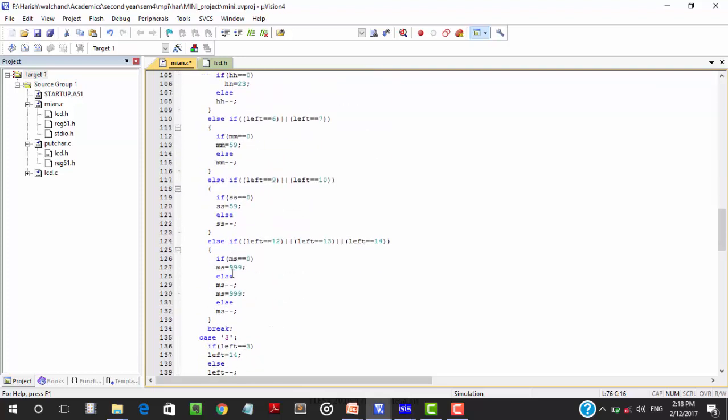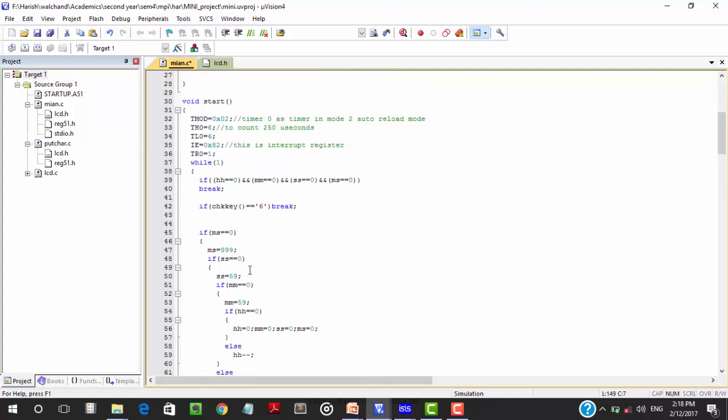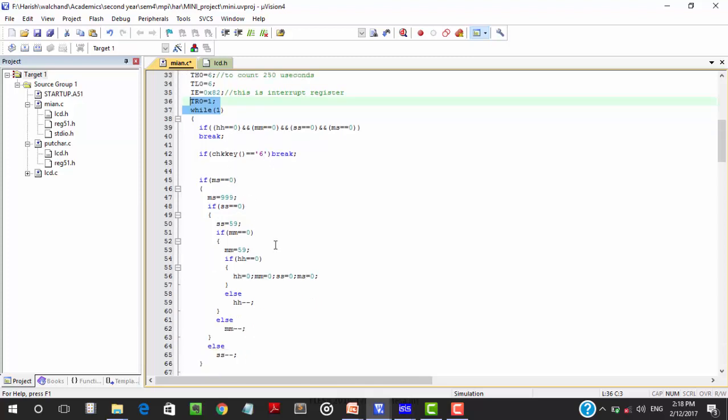Here you can see when the fifth key, that is the start key, is pressed, we call the start function, and in the start function I have set the timer in mode 2, enabled the interrupt and started the timer. In the while one I have checked the hour, minute, second and millisecond variables. If they are 0, I break this while one loop. This is how I have made the real-time clock signal more precise by using timer in auto reload mode.